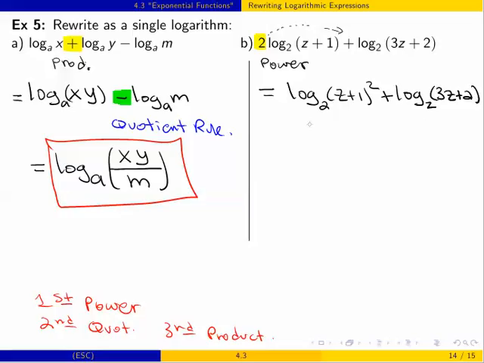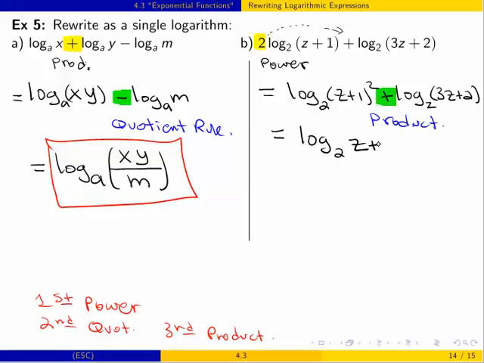Now once we get rid of these numbers multiplying the logs, you don't have to use the power rule anymore. Now what we do is we start looking at these connecting symbols, pluses and minuses. Here there's only a plus, so for this we have to use the product rule, and when using the product rule in reverse, we take two logs and we just write one logarithmic function, and then in this case we're going to multiply z plus 1 squared